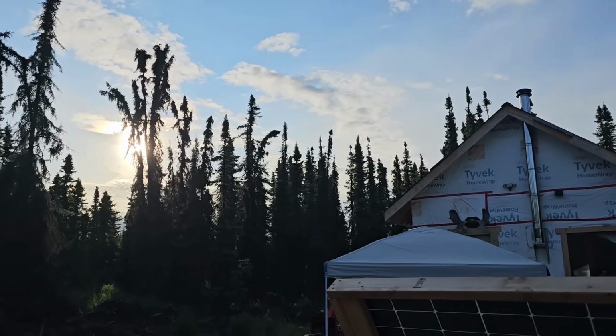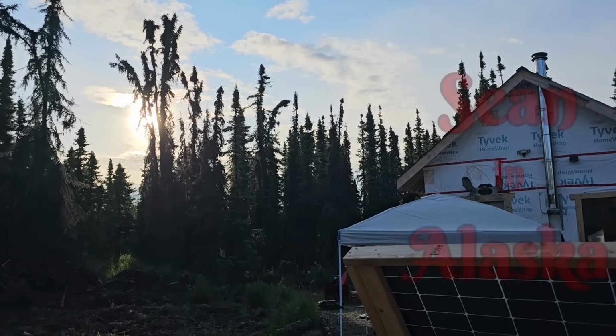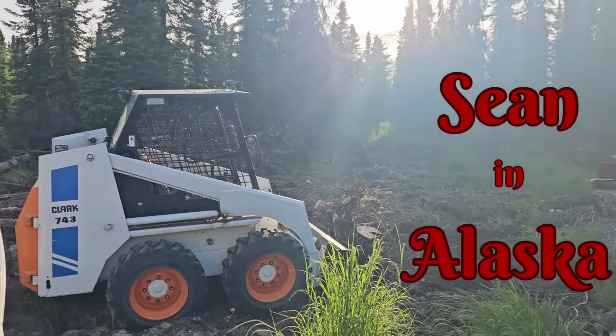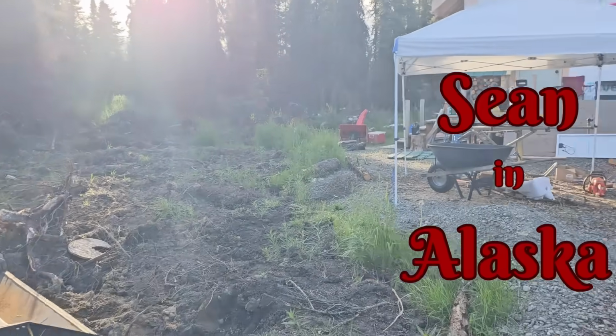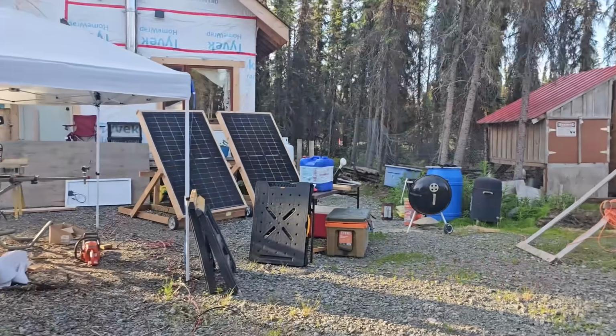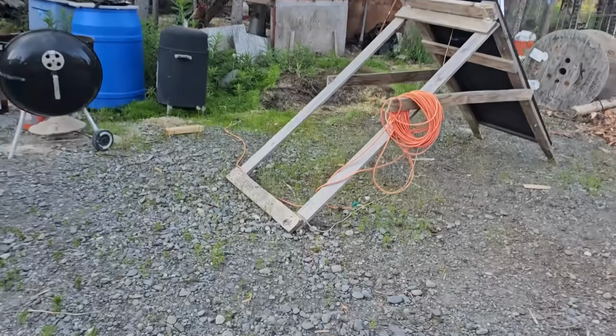Gorgeous sunrise. I got a project to do today with Todd. He's coming over because we borrowed this from a neighbor. I'm gonna get all that cleaned up, laid out, do some groundwork again for future projects. But before I do any of that,